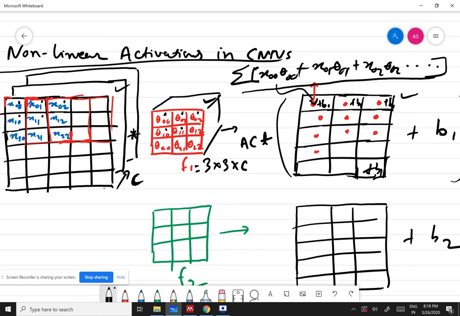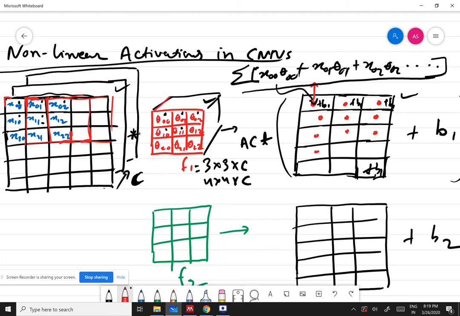So if this is the number of channels here, C, then if I say the filter size is 3, it is 3 by 3 by C. If I say the filter size is 4, then the filter size is 4 by 4 by C. So when this filter moves over this image or this volume, we do volumetric convolutions. Always remember, in convolutional networks, it's always volumetric convolutions,